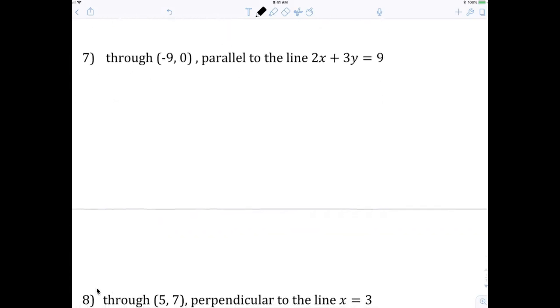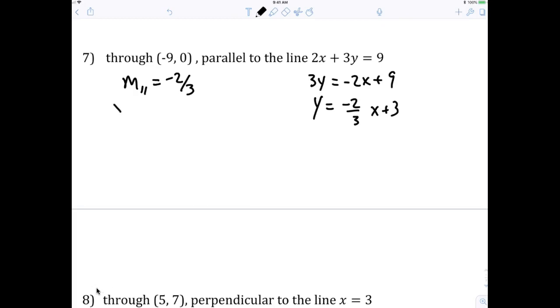All right, now I have a little problem on number 7. 3y equals -2x plus 9. Y equals -2/3 x plus 3. So the slope of the parallel line would be -2/3. Now we're going to write the equation. Y minus 0